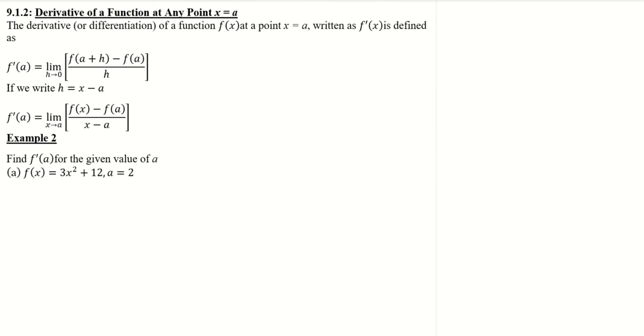Okay, next is still about the first principle. But this is for when we want to find the derivative at a point of x equals a. That means after we get the derivative, we're going to substitute the value of x with a value a. So for that case, we will not use the first formula,